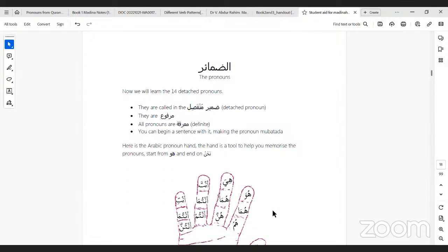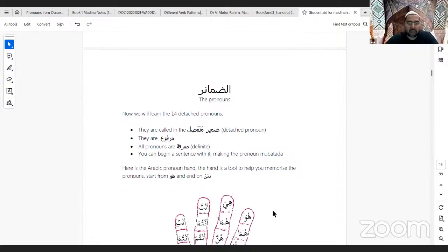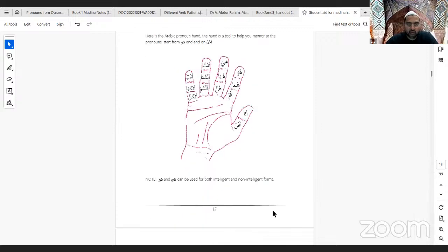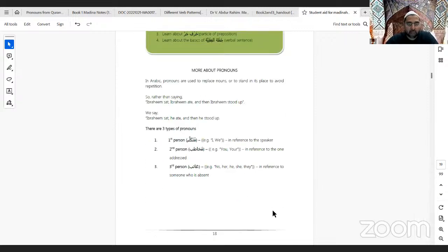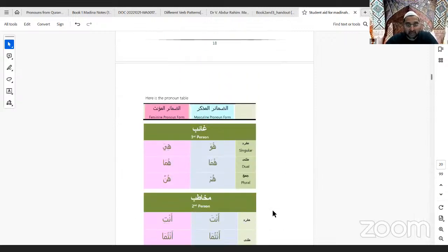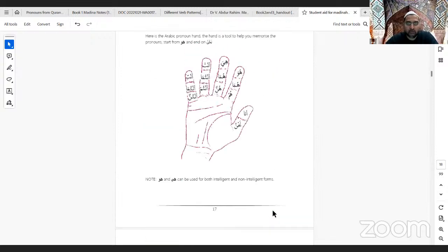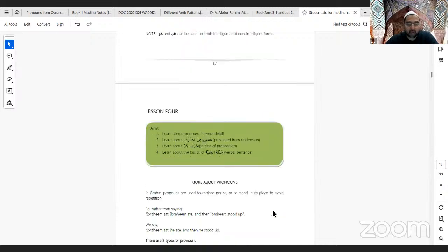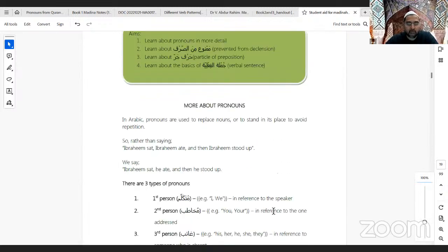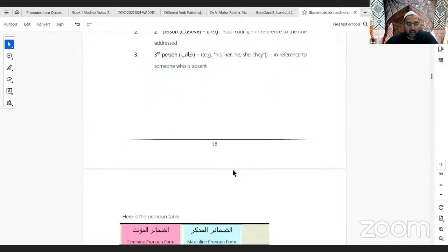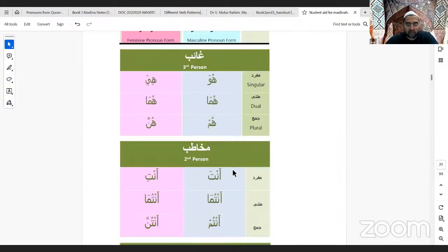Right, that's that. I'm going to do one more part. This is going to be the last part now, which is the pronouns. If we do the pronouns, we have covered about 4 lessons now. We did pronouns before. There are 14 pronouns, and we also did verbs as well. So there's no need to go over that. I will send this handout.